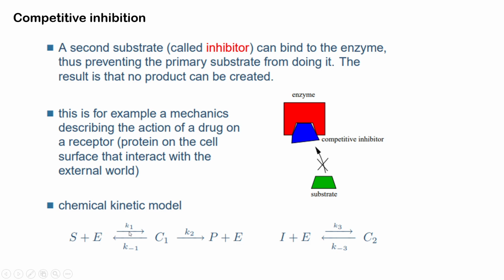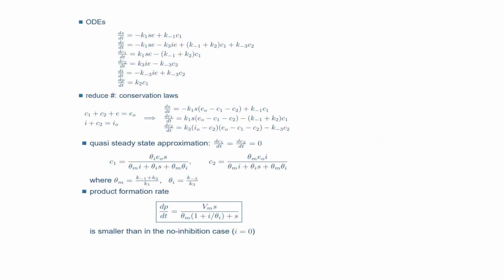The substrate and enzyme giving a complex, which is basically reversible, and then the complex is basically breaking down and giving the product and the enzyme. In this case, just another equation has been added where the inhibitor can also bind to the enzyme irreversibly and give another complex. The set of ODEs describing them will be quite long,